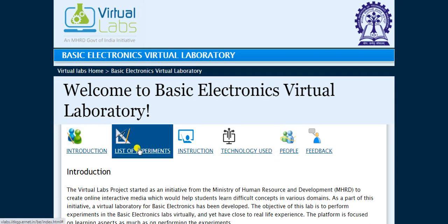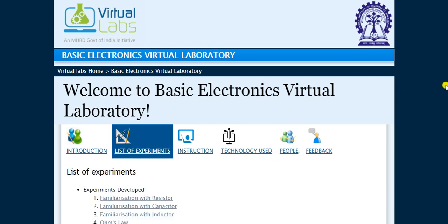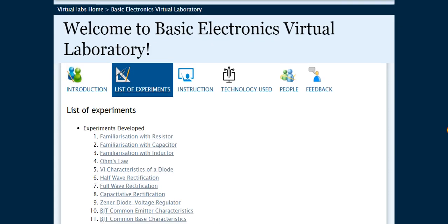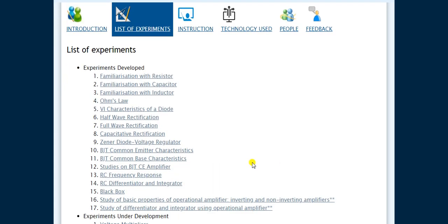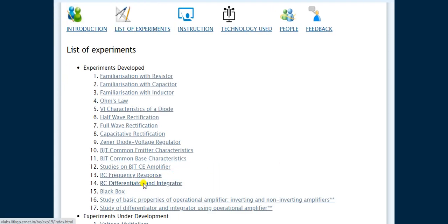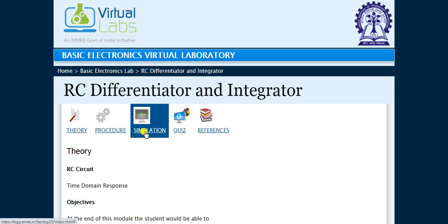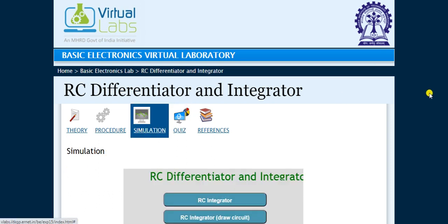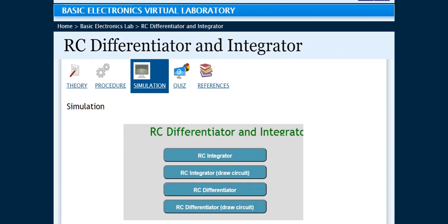In today's session, we will discuss the practical RC differentiator. So just click on RC differentiator and integrator, and in the simulation part, just click on RC differentiator.